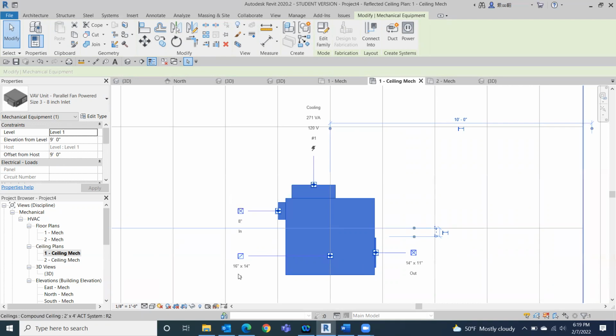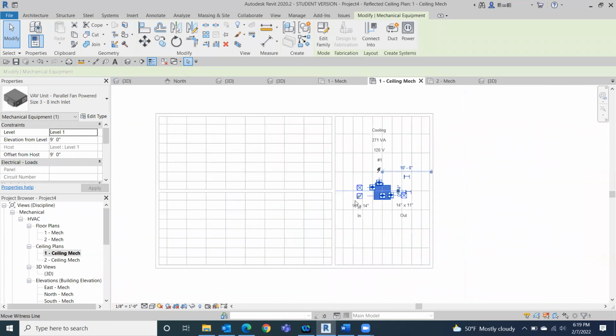Actually, with our symbols on here, we're going to use the 16-inch one for the air to come back in, and a 14-inch for the air going out. And this is where it gets a little confusing, because we want to think about how these are going to lay out and how the ductwork is going to flow. Since this is not a great location for the air to go out, because I need to add a duct this way and I would have to double back this way,